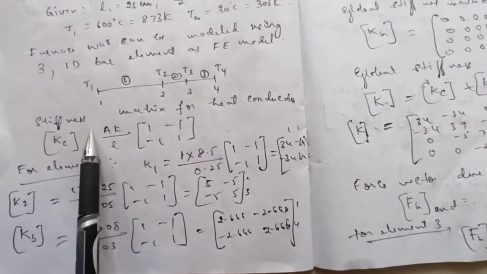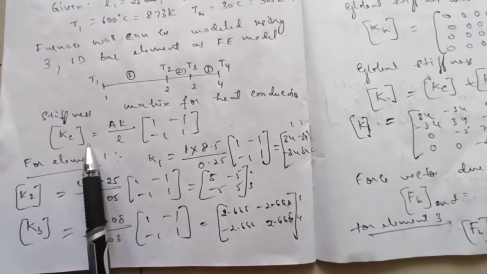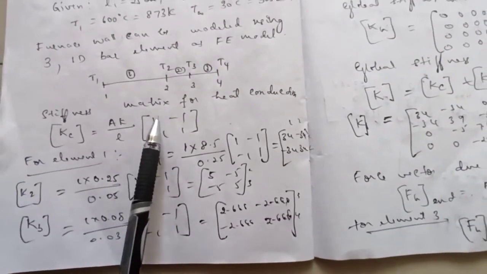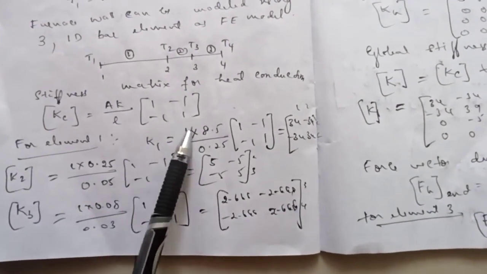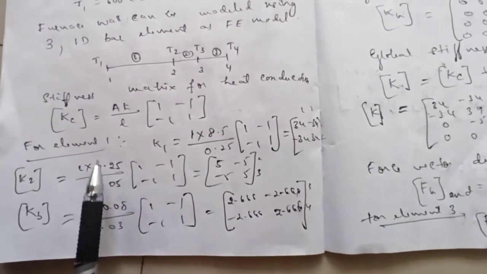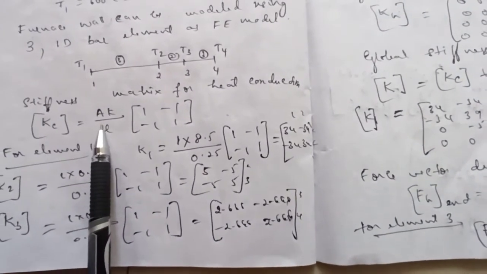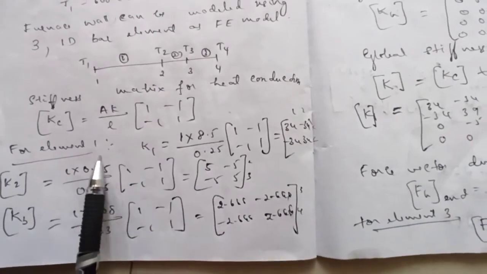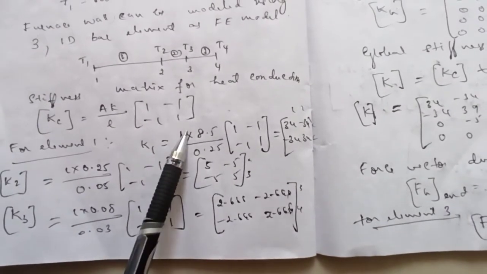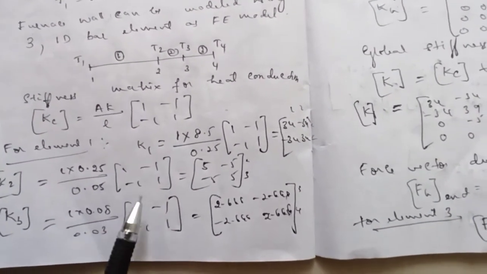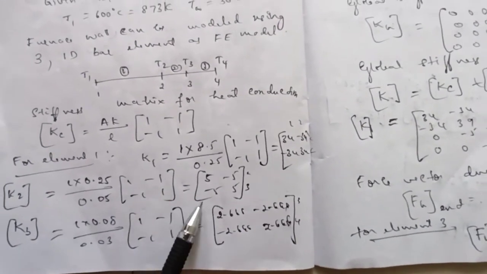Now here we need to find out the stiffness matrix for heat conduction, because conduction is there in all the elements. So heat conduction stiffness matrix is given by AK by L [1 -1; -1 1]. So I need to find out the stiffness matrix for conduction for all the three elements K1, K2 and K3, and A we are assuming as 1 because it is not given. K is given for all the three elements that I have written. Similarly, length for all the three elements is also given. So by using that I have found out K1, K2 and K3. That is a stiffness matrix for heat conduction for the three elements.